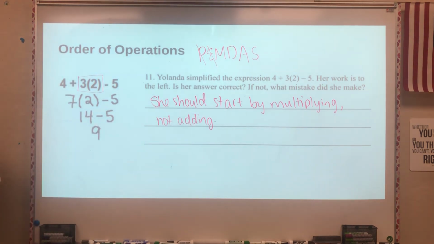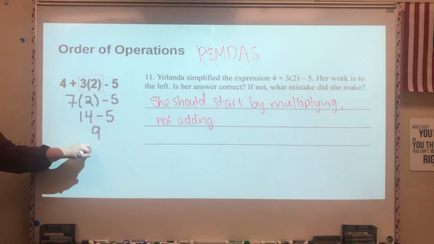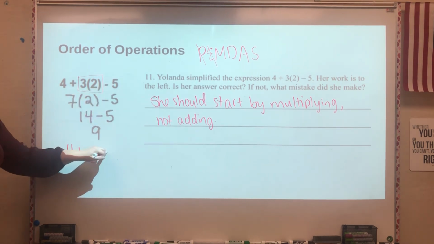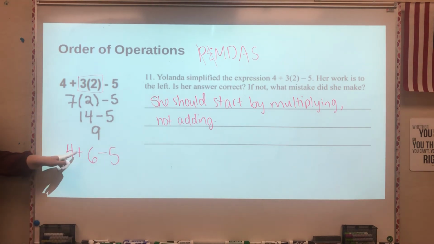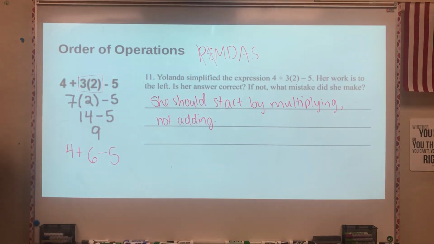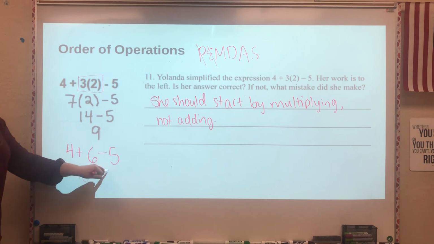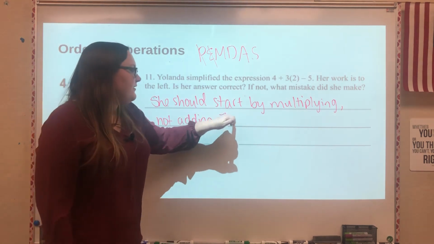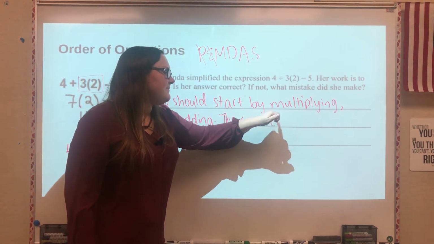And then if you want, you could go ahead and actually figure out what it equals. So if you start by multiplying, what does that give you? Well, 3 times 2 gives you 6. And I would just copy down my 4 and my minus 5. Next, we've got addition and subtraction. We learned that if it has both addition and subtraction, you would do the problem from left to right. So you do whichever one comes first. Here, that's our addition. So we would say 4 plus 6 gives me 10. And then 10 minus 5 gives me 5. So we could say here the correct answer